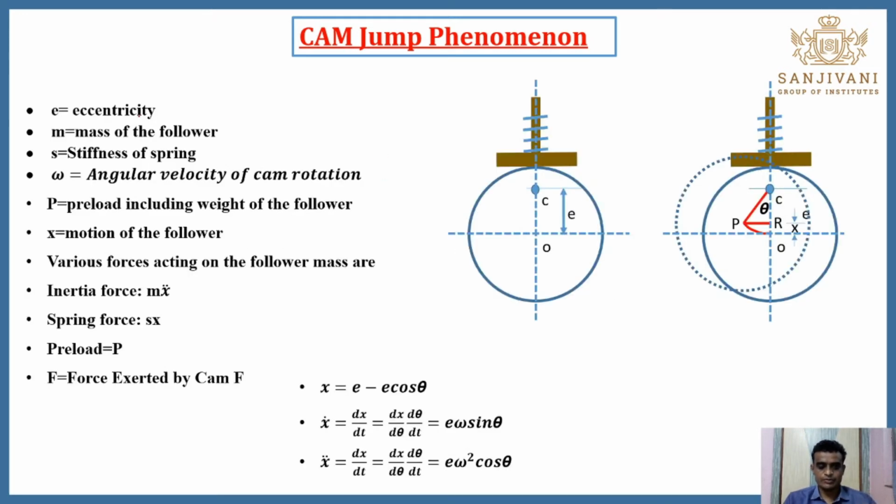Now again some notations we need to consider. E is the eccentricity, m is the mass of the follower, s is the stiffness of the spring, omega is the angular velocity, p is the preload, which is in the downward direction, x is the motion of the follower. Again, various forces act: one is the inertia force, second is the spring force, then the preload, and the cam force. Now that follower is moving in the upward direction, the inertia force is in the upward direction, spring force again in the